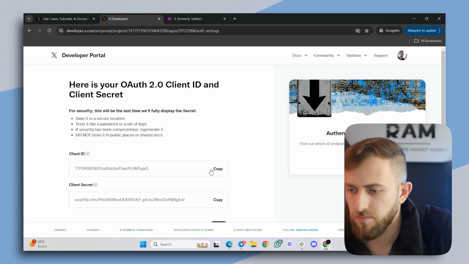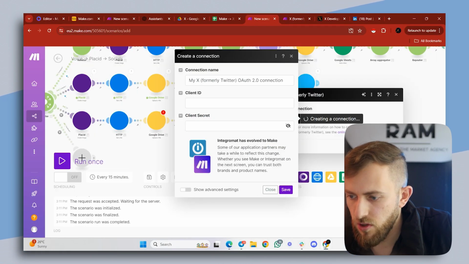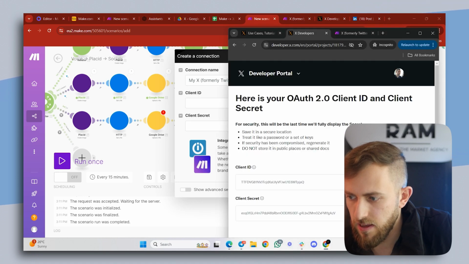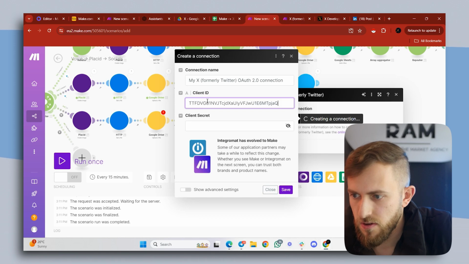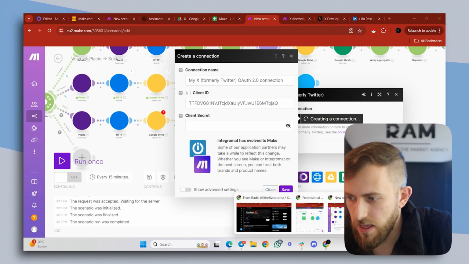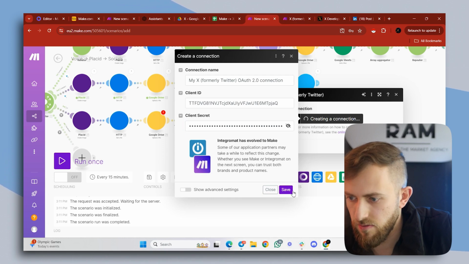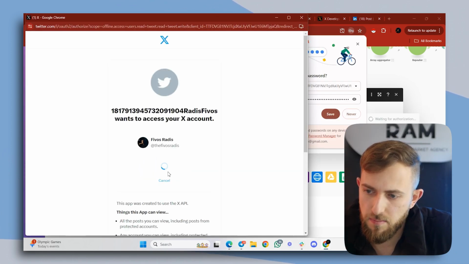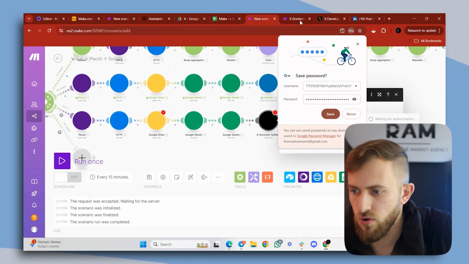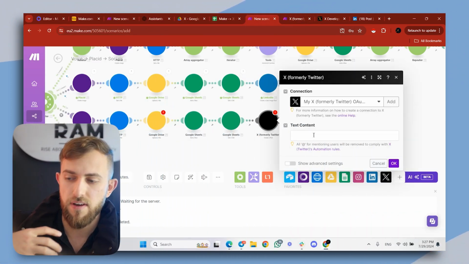What you need to do is go back to Make, and copy the client ID to client ID here. And then client secret to client secret. You click on save. Make wants your approval. Yes, continue. Authorize app. So you are connected. Now, the problem that you're going to face here, and this is what I faced, is